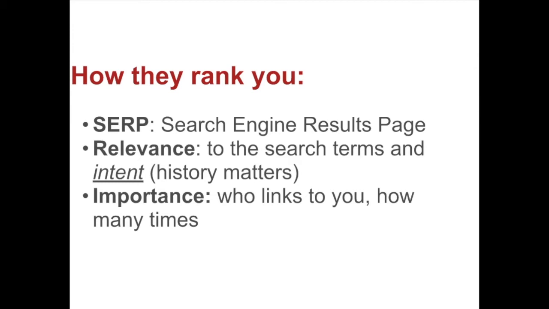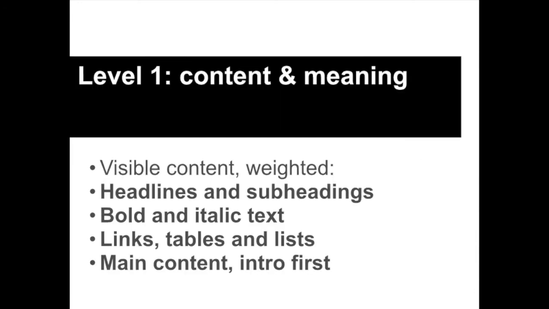in the search results. But if someone has been searching for directions to Birmingham beforehand, or particular places in Birmingham, then your article about things to see in Birmingham might not be relevant from Google's point of view. So understanding how search engines rank your content is really helpful in making sure that you write it and edit it in a way that's going to make it findable. Now, I would say there are broadly three levels of search engine optimization, three types of things to consider when it comes to making your content findable.